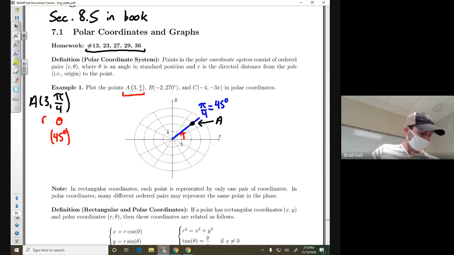For this point, for the first, it looks like 2 homework questions. They go on to ask, give 2 other points that correspond to this point. So it's interesting, in rectangular coordinates, you can only have 1 point for 1 position on the XY plane. If you had an XY plane,